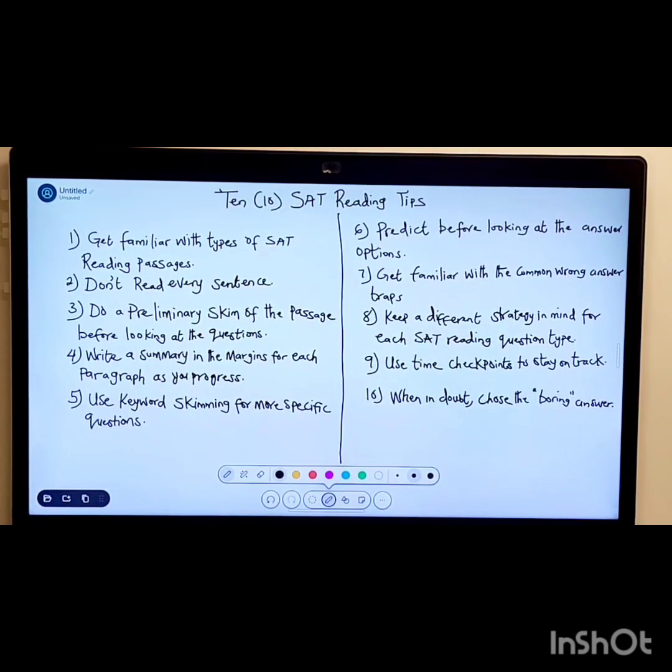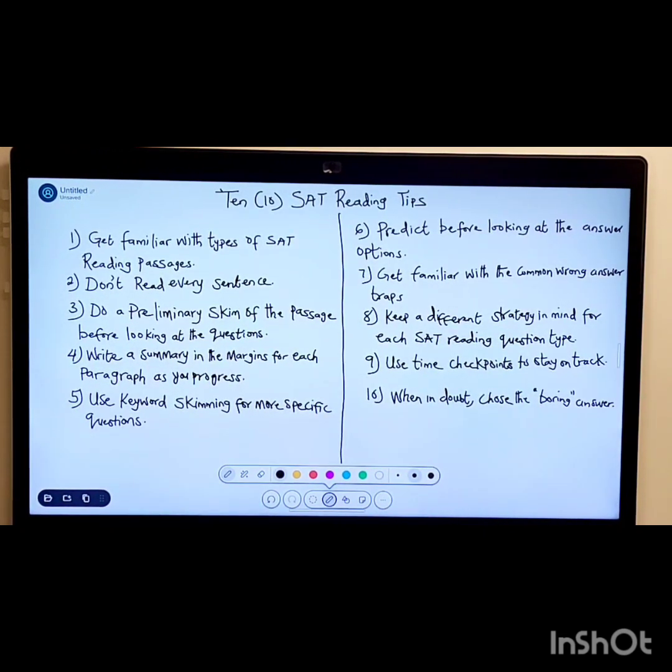Good day, everyone. For our section this week, we'll be discussing the 10 SAT reading tips that will help you have higher scores if you can follow these steps one after the other. In your SAT exams, you'll be having the math sections, the reading sections, which is the same thing as comprehension. You'll be having the vocabulary section, and also where you're going to write an essay,